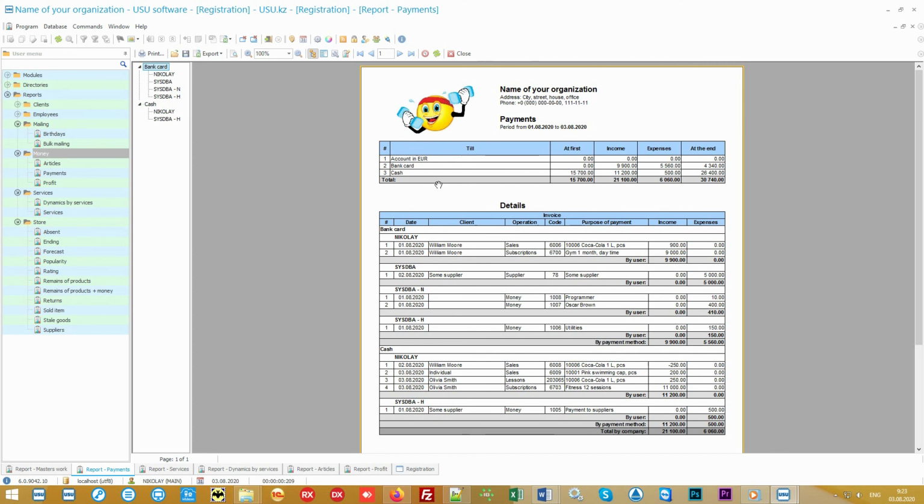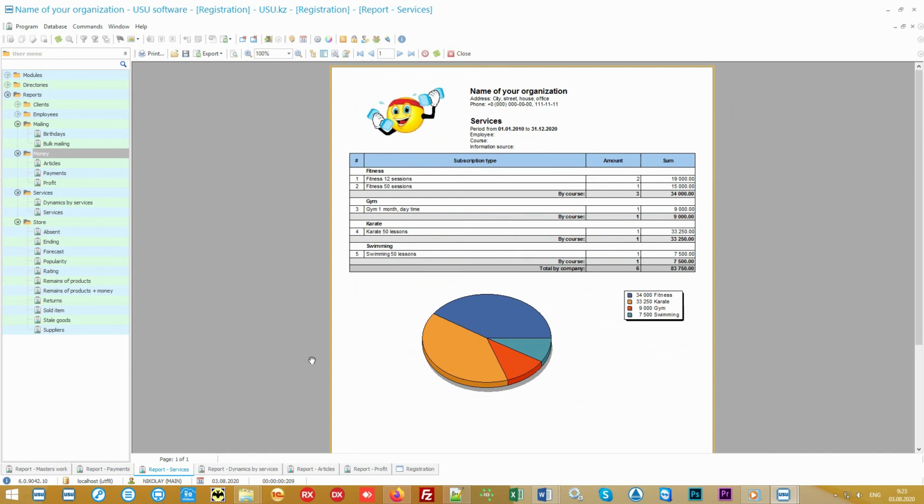The received funds can be analyzed in the context of the services provided. The report will show how many times and what services were sold, and how much money you earned from them. Total amounts will be displayed for each service group. If you bought special equipment or hired additional workers to provide a certain group of services, you will easily understand how much your investment pays off.